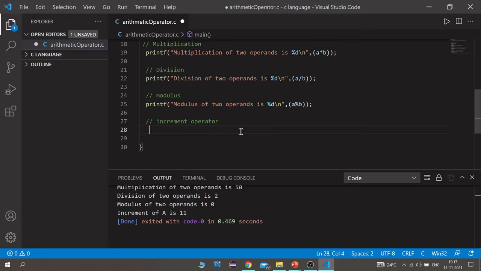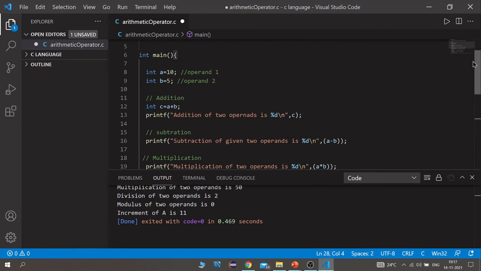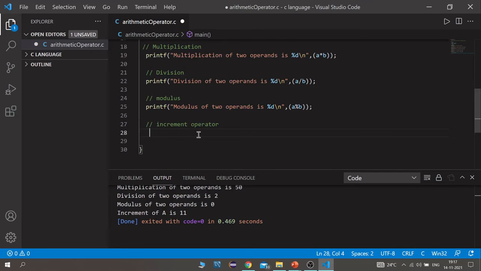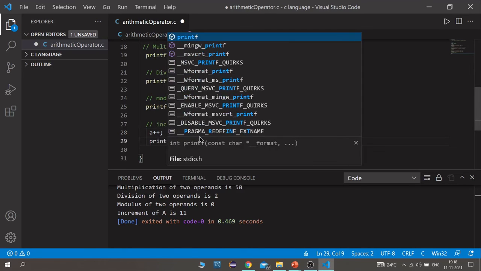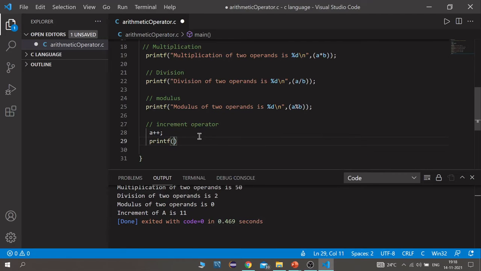Let's see increment operator. As we have discussed in the theory that in increment we just need one operand. So let's take a, let's write increment a plus plus. Now printf increment of a is percentage d.